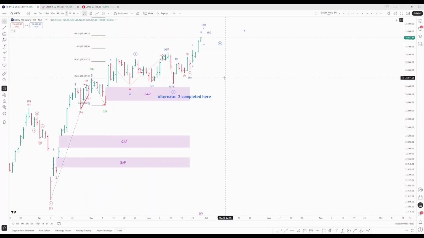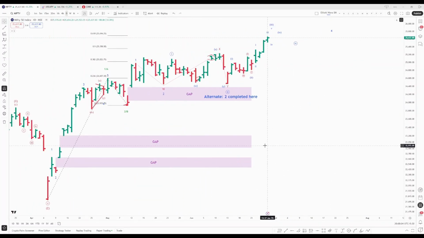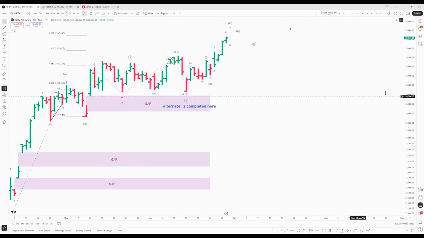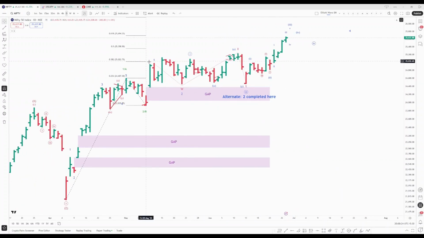Also, if you go back to daily, there is one possibility we need to consider. That is, where did this wave 2 end? So this was 1A, this is 2B, and then this is 1 of 3C, right? This one. So till this point everything is clear. Afterwards there are two alternatives. One is this is WXY, and this is what the 2 is, and this is what we are counting. We are assuming this is the count right now.